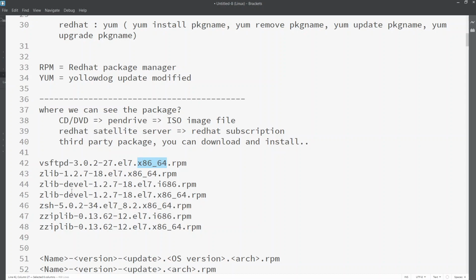So this is the name of the package, version of the package, update, EL7 the OS version, then the architecture it supports, and .rpm is the package extension.